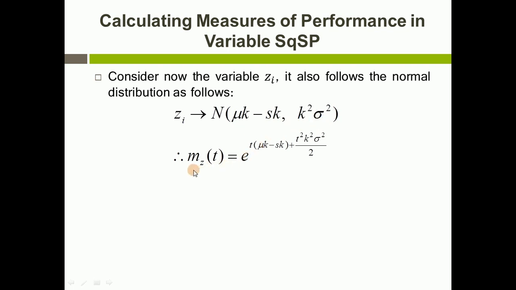So now we can deduce the moment generating function of Zi, where it is equal to e to the power t multiplied by the mean. We said that this is the mean of the variable, so we removed the mu of x and put the mu of z. And here we have t square over 2 multiplied by sigma square, so we removed the sigma square of x and put the variance of z. Then we should equalize the moment generating function of z with 1 and then we solve